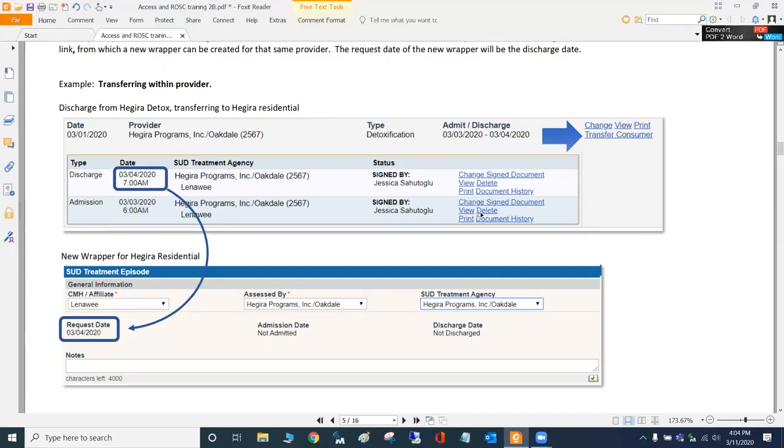Okay. So the plan is to make this live, maybe next week, sometime really soon. We'll give warning. You'll see all these changes. Then you guys will marinate in it for a few weeks. It's hard to know what your questions are unless you've used it a little bit. The data start going to the state 4/1, so we wanted to give everybody a chance to make their mistakes before it counts.